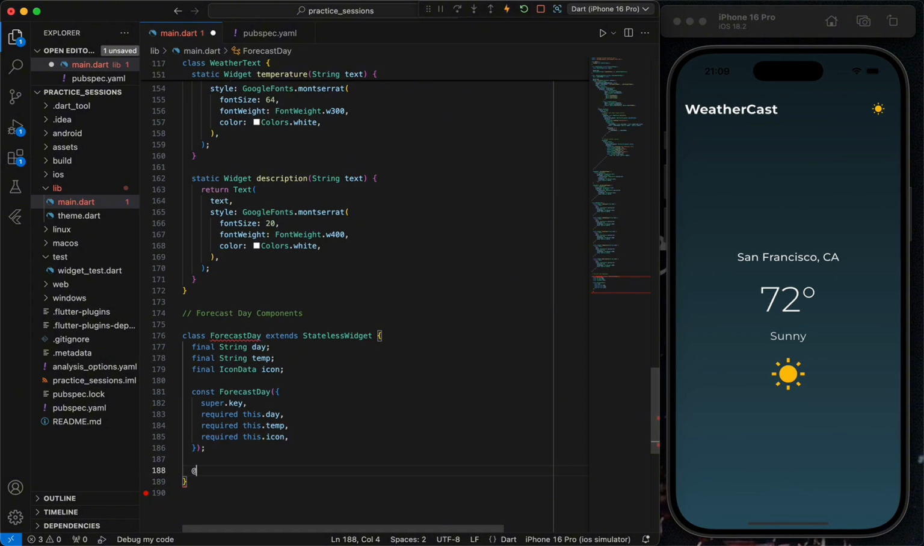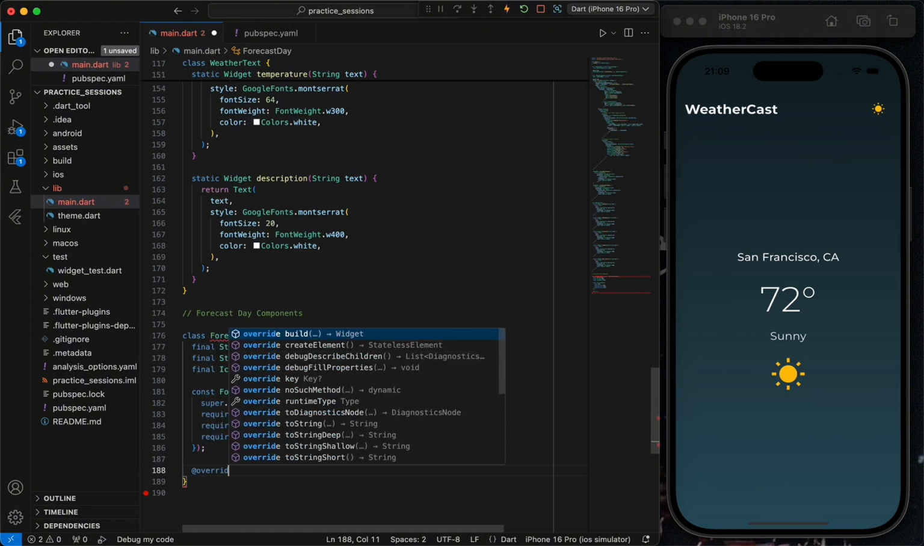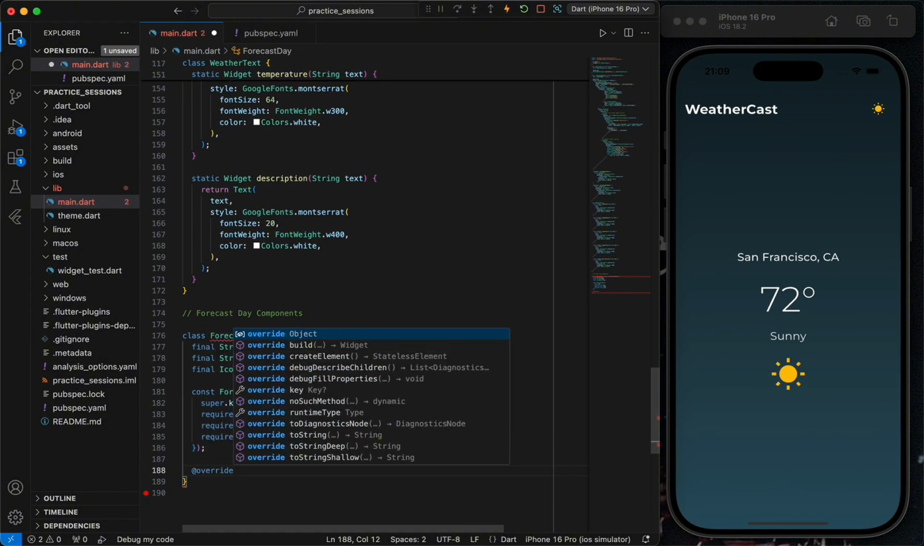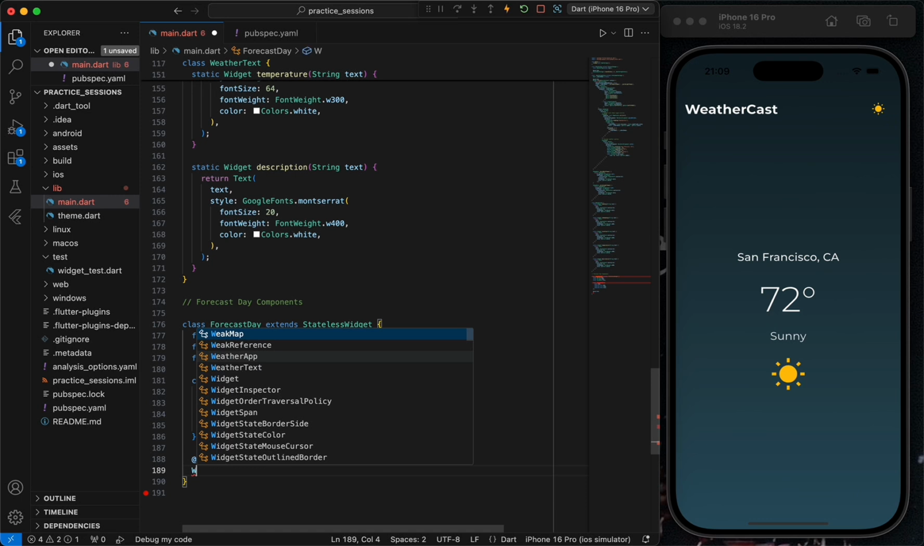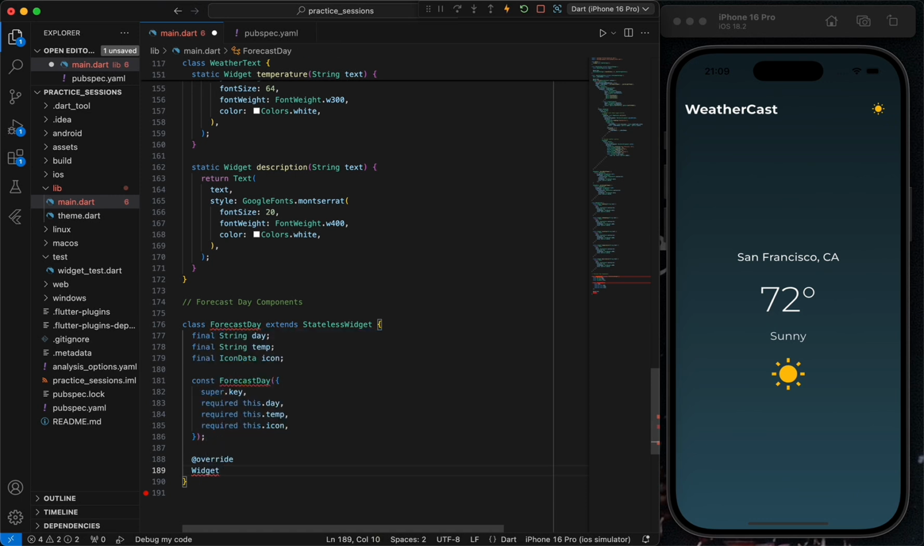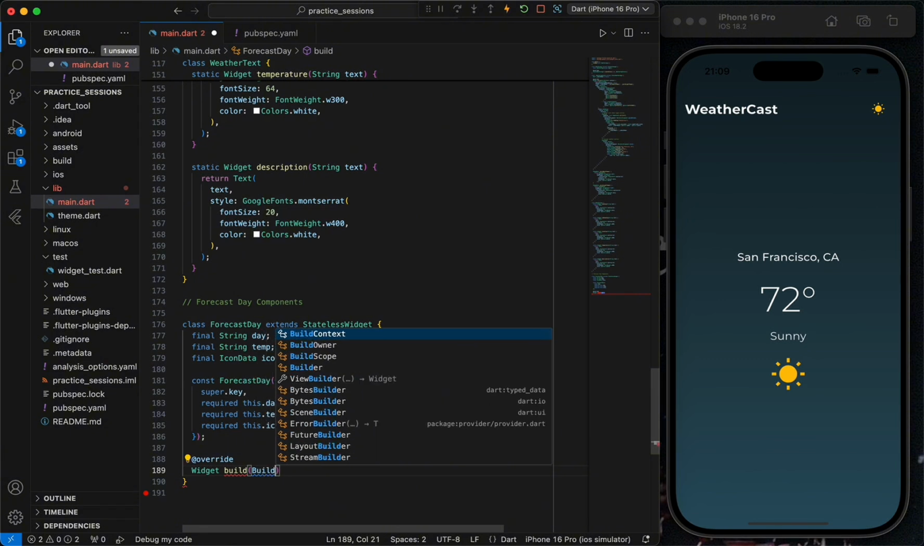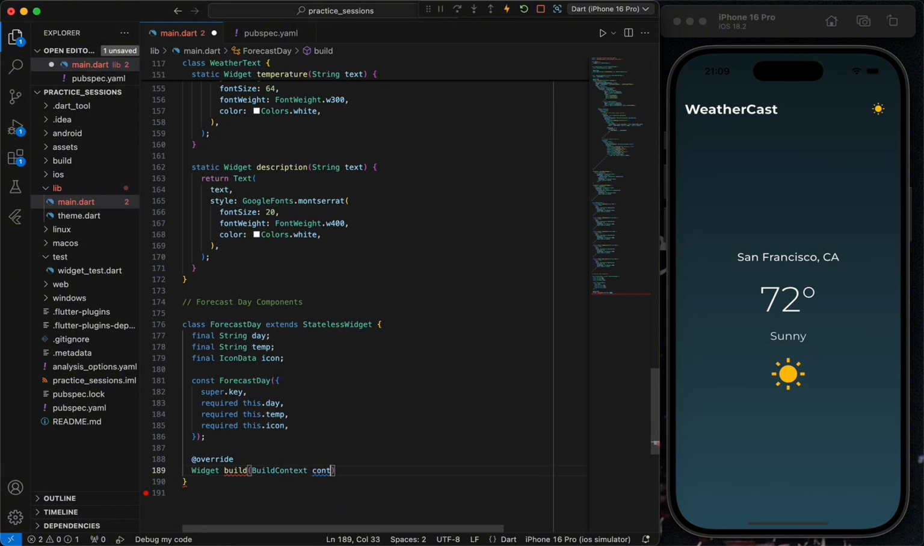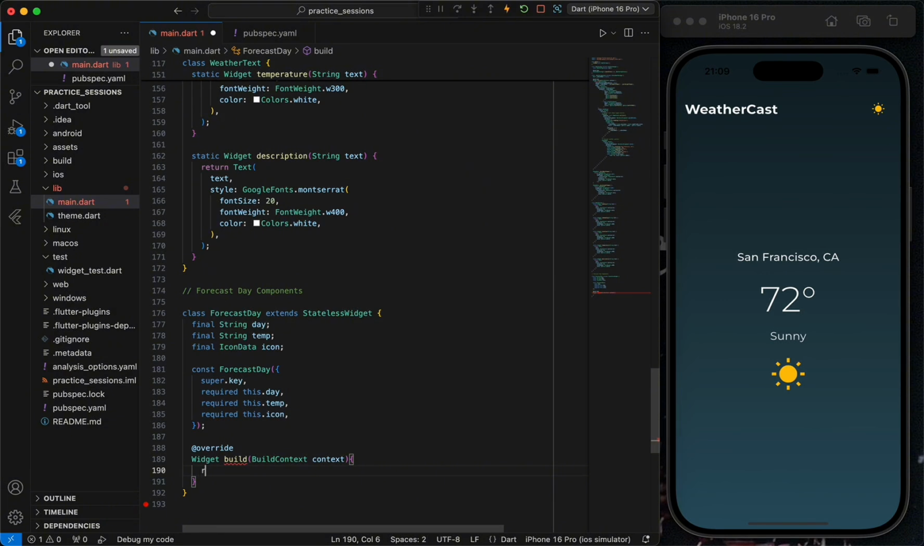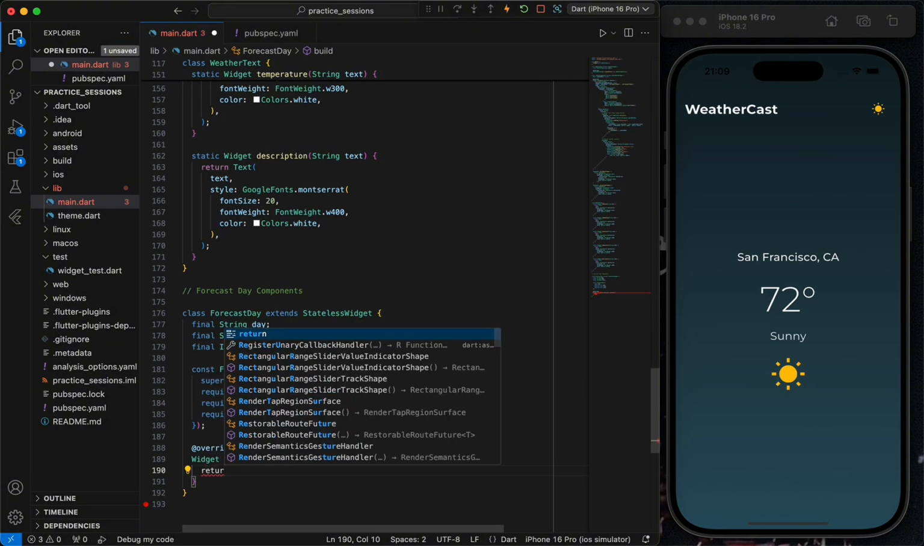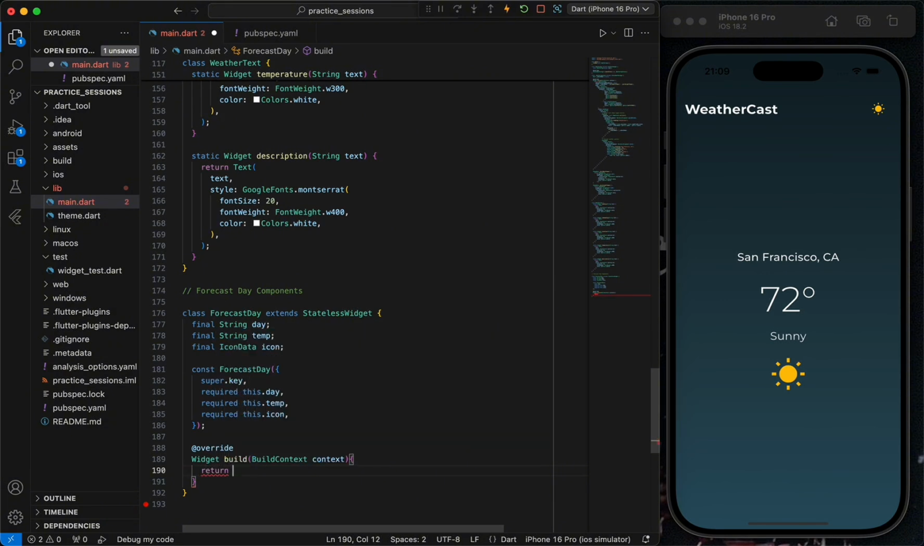At override widget build, build context again, curly braces outside of the bracket, return padding,